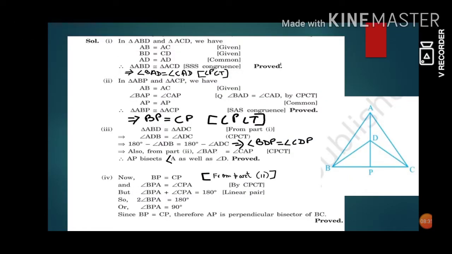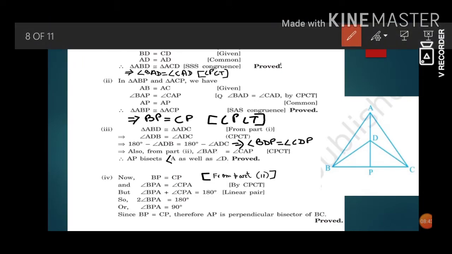So let us see our solutions. In our solution, the first thing that we have to show is congruency of triangle ABD and triangle ACD. So in triangles ABD and ACD, first AB is equal to AC, that is given as ABC is an isosceles triangle. Then BD is equal to DC, since triangle BDC is also an isosceles triangle, and AD is a common part. AD is the common line. So by SSS we can say that the triangles ABD and ACD are congruent to each other. So our first subpart is proved.